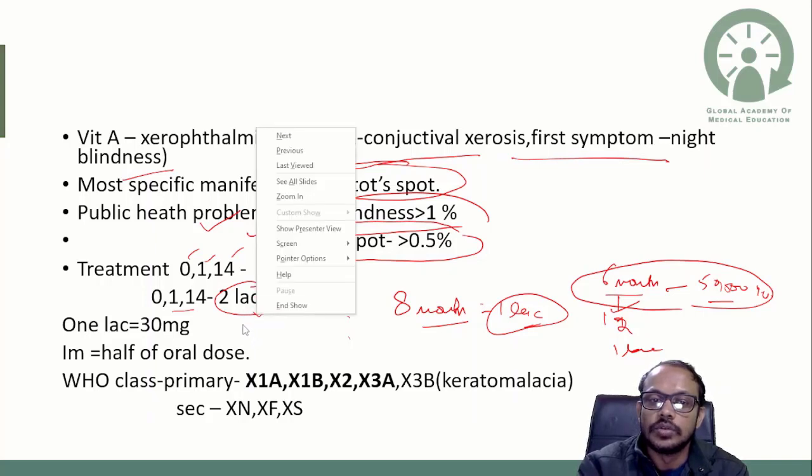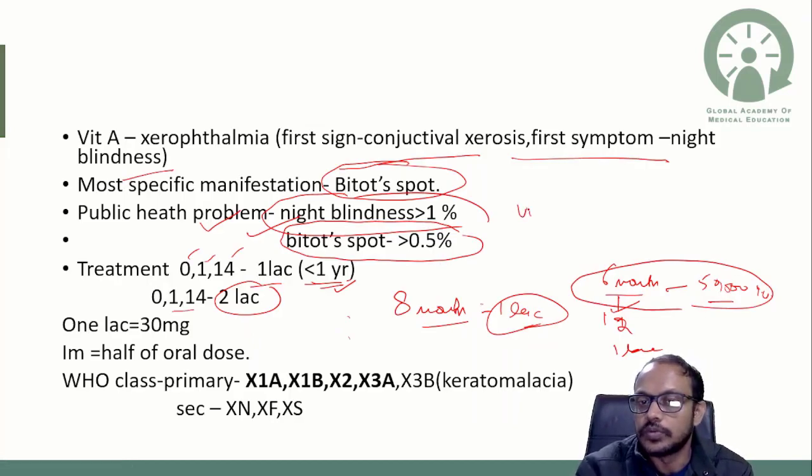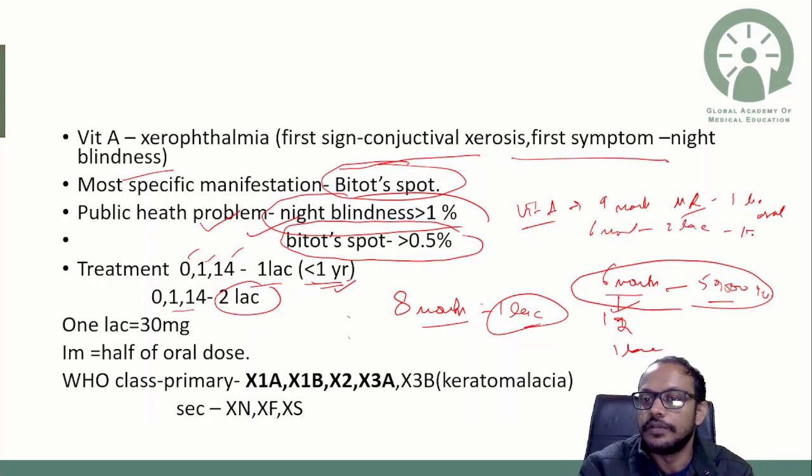Okay, in the prophylaxis program, one vitamin A prophylaxis program is running, where at 9 months with the measles rubella immunization, you will give vitamin A 1 lakh international units orally. Okay, and after every 6 months, we give 2 lakh, and a total of 17 lakh international units will be given, 8 doses after 1 year and 1 dose before 1 year. Okay,